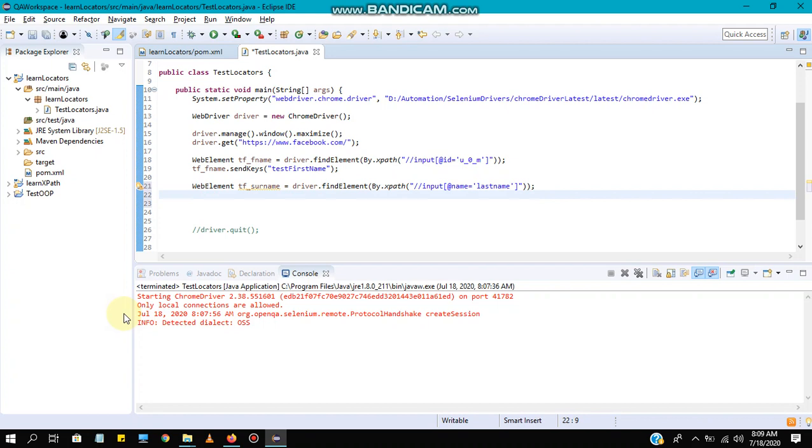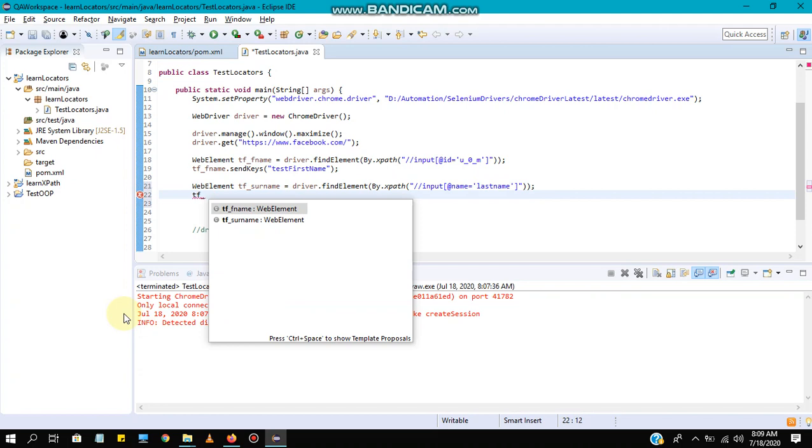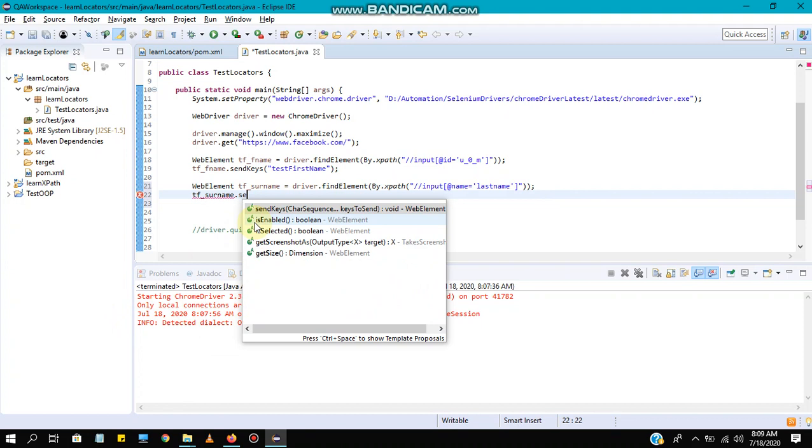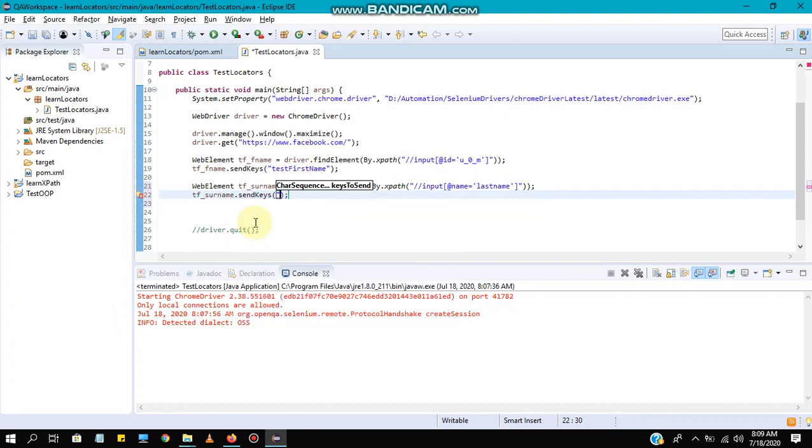In order to pass values to the surname text box, you need to use this variable you created, surname, and call the send keys method and enter whatever values you need to pass. Test surname. So guys, this is very easy.